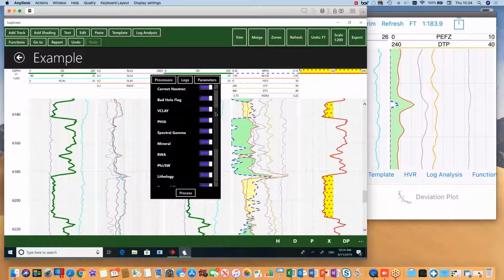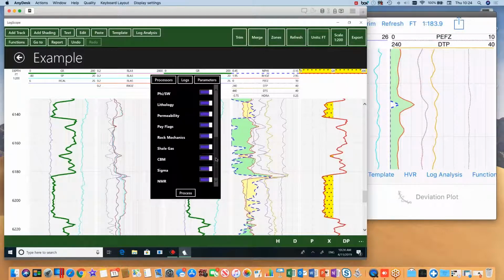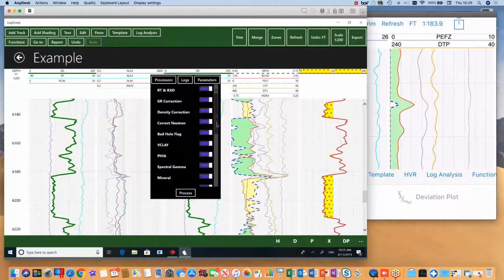It's a full-featured deterministic log analysis, and we can go all the way down and produce pay flags, rock mechanics, shale gas such as TOC, gas composition, kerogen. We've got coal bed methane, we've got sigma functionality, and we can also produce porosity and V-clay from NMR and the binning from that. Each of these are defaulted to be switched on, but they can be switched off,